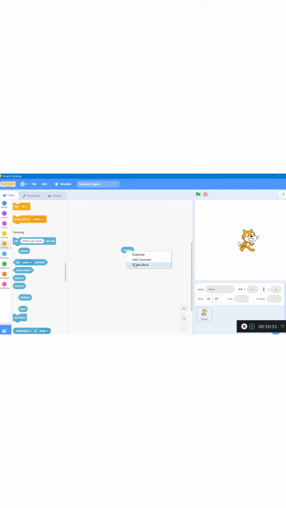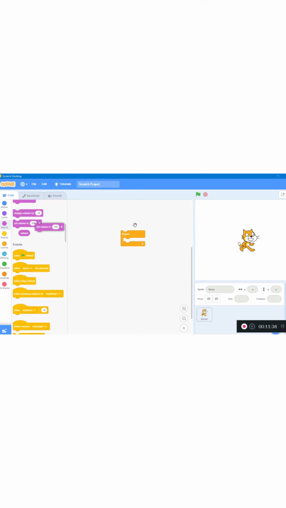Now next come cap blocks. Cap blocks are the blocks that end scripts. They are shaped with a notch at the top and a flat bottom. This is so you cannot place any block below them. There are two cap blocks, which can both be found in the control category.